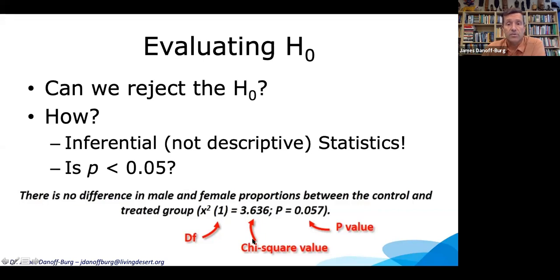They tell you the chi-squared value, in this case 3.636, you take that value and look it up in a table. Now you don't have to, because R will tell you that value as well as the p-value, right? So in this case, if we look at just the p-value here, 0.057, can we reject the null hypothesis? The answer is no, because 0.057 is greater than 0.05, right? Just barely,